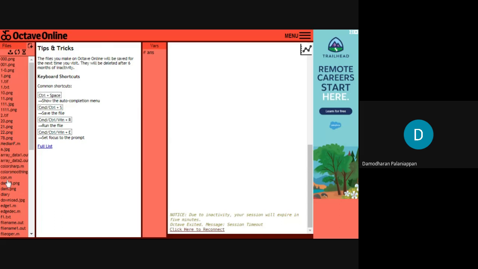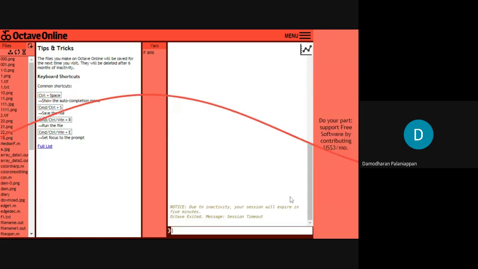Whenever we click the file browser explorer, the particular program is opened in this space. This space is used for typing and executing the program. This white space is where the output will be displayed, according to your inputs.